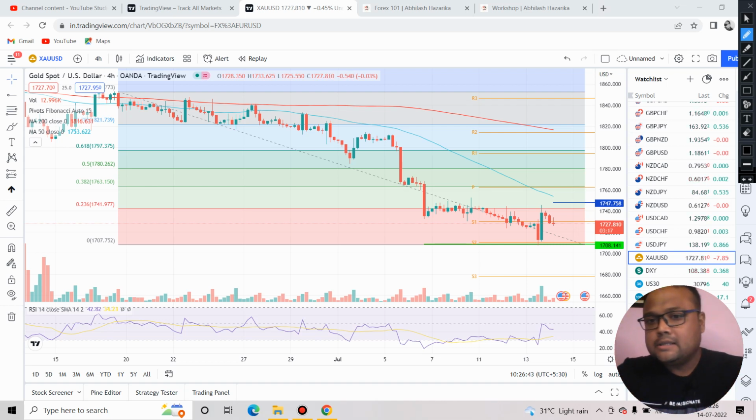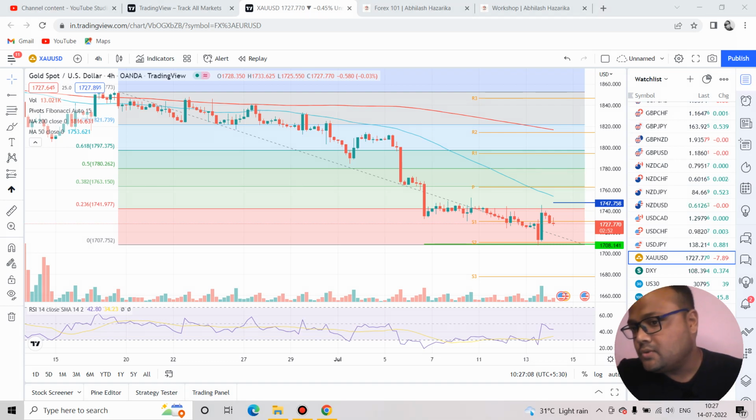One more thing, whatever levels we have discussed today, these levels are important. These levels should work under normal circumstances. In case there is news in the market, because we have news coming up, in case of extreme volatility, no levels work in the market. You must understand very well that fundamentals always dominate the technicals. So do not compromise with risk management.